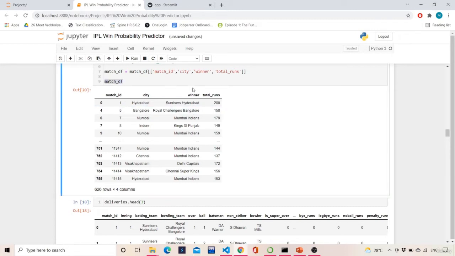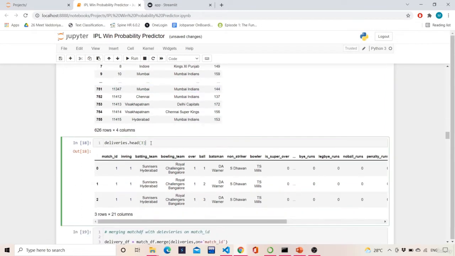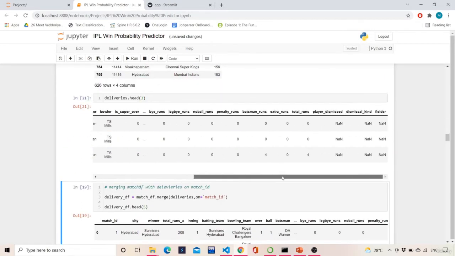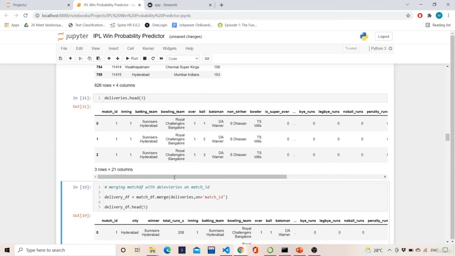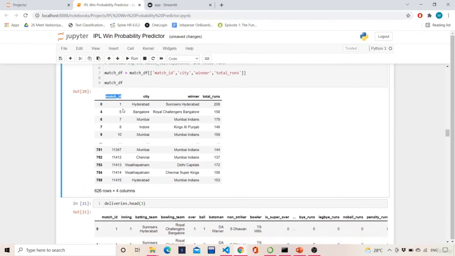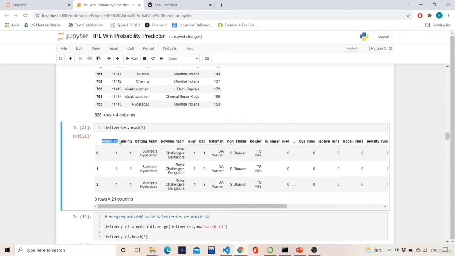Now the major part, from where we will extract the more important features, is the deliveries data frame. So let's see deliveries.head first. When we say deliveries.head, we get the first records of the deliveries data frame. Now there is a catch here. In the match data frame we have match ID, and in the deliveries data frame we also have match ID.